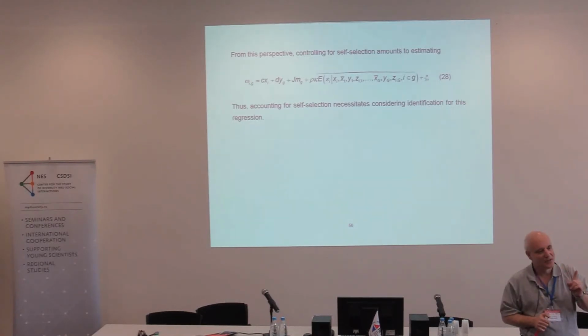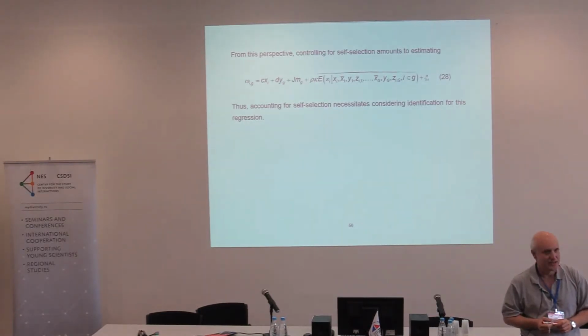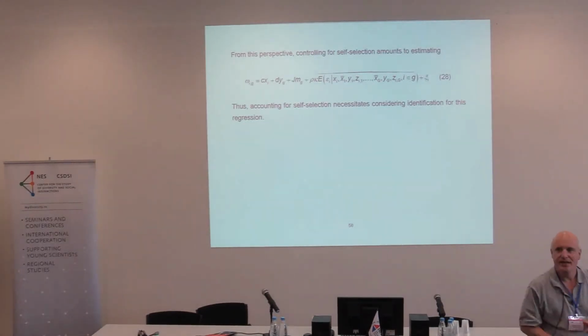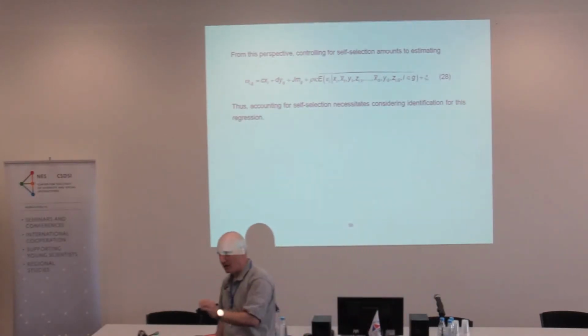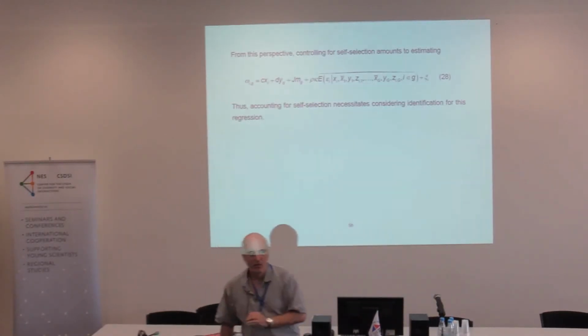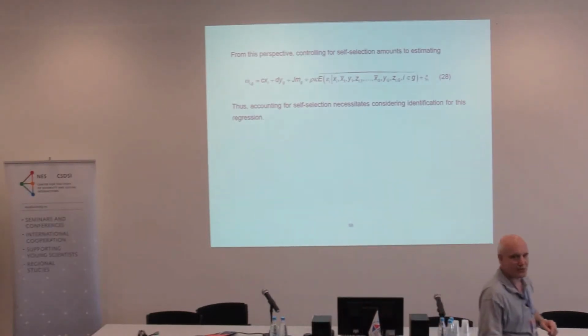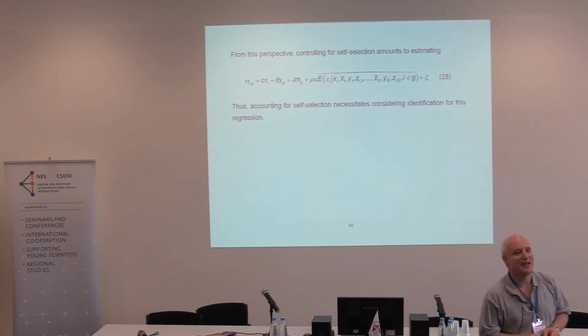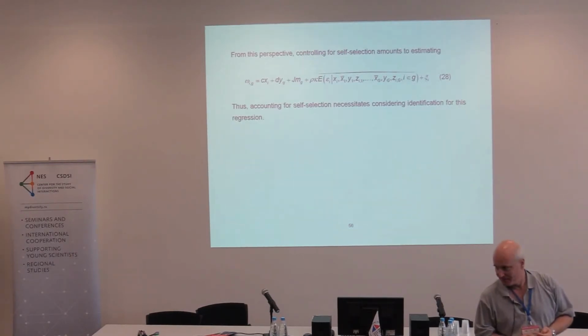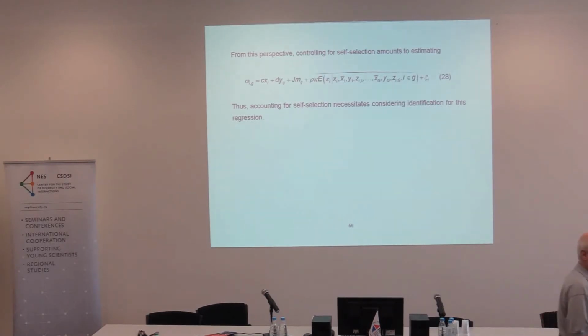I needed one x whose average was not in the y's. Right? That was the necessary condition for identification. One individual level variable whose group level average was excluded from the original model. My question to you is, in this model, where's the average of the selection corrections? It's not there. And it is not there because I made it up that it's not there. It's not there as a matter of theory. And so I have cashed in the check.